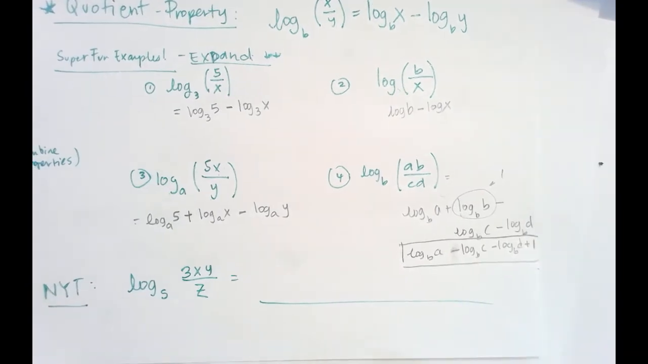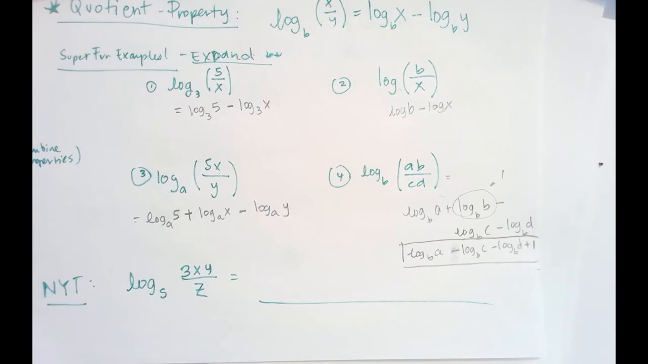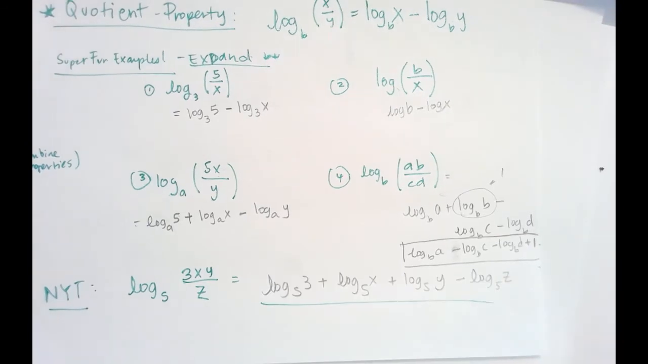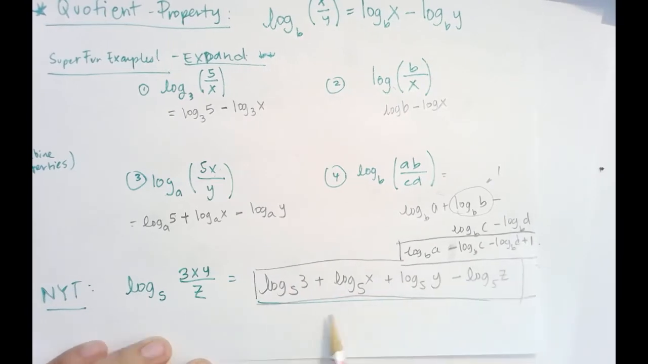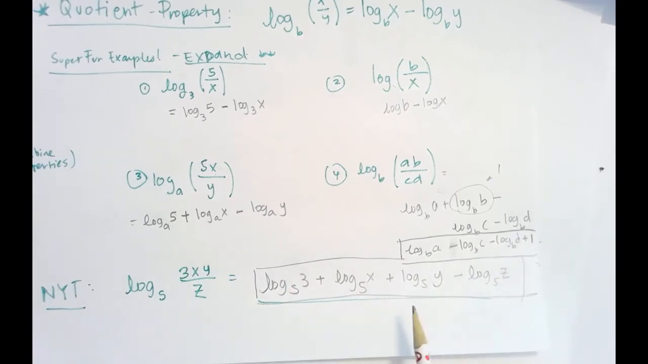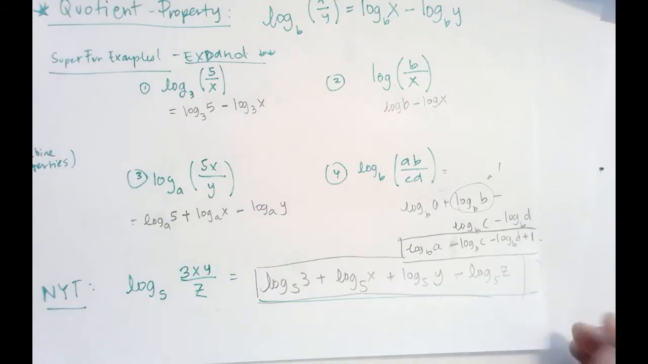Okay, so now you try this, guys. Please take like 1 minute. Okay, so I'm sure you guys are all trying this now. And boom, is that what you got? Check your answer. You should have log base 5 of 3 plus log base 5 of x plus log base 5 of y minus log base 5 of z, which is in the denominator. Remember, the denominator is negative. Okay, let's move on